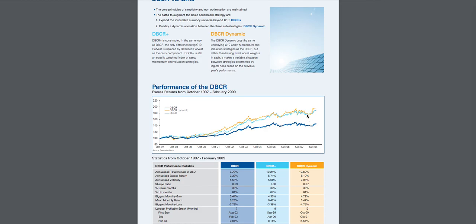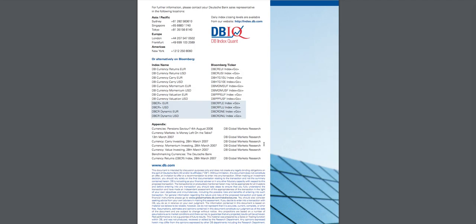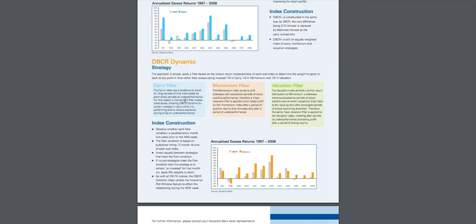And if you look at the DBCR dynamic, there's periods of time where no performance is done. No trades are done. It just is this straight line here. Nothing. So that's showing that, as you can see, it sometimes will completely exit the market if none of the filters are met. So just looking at the filters,